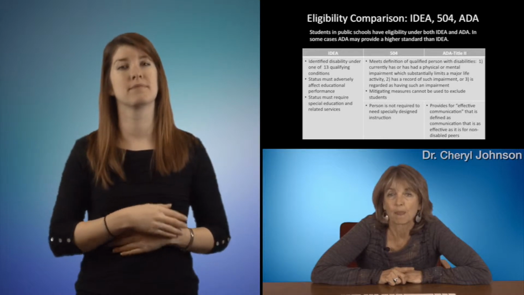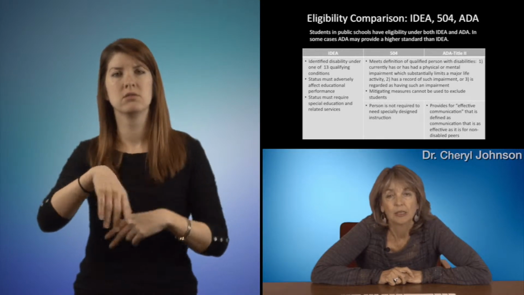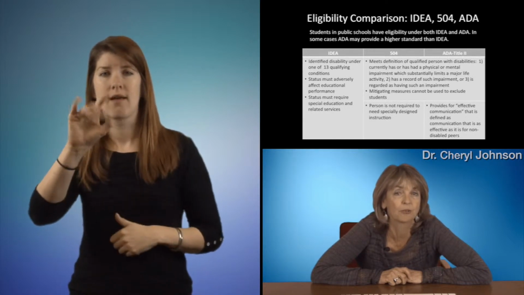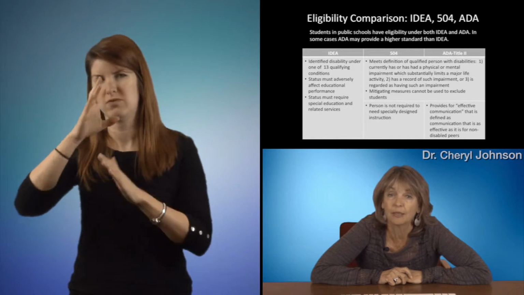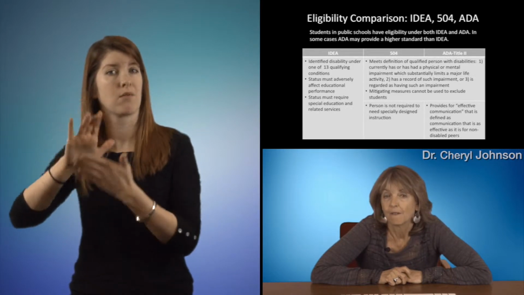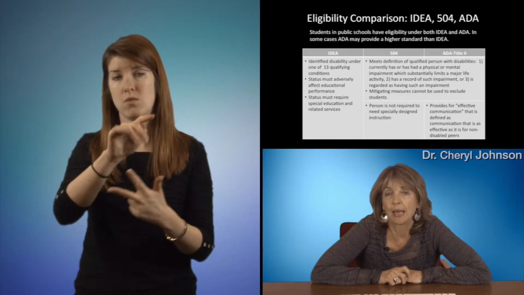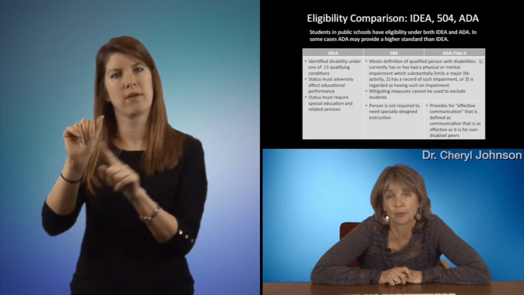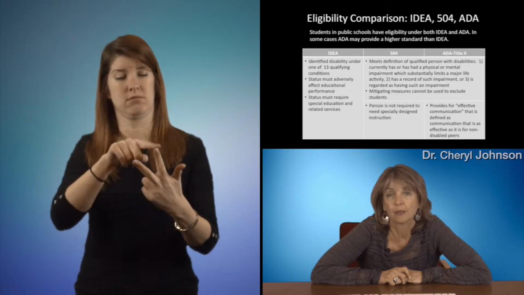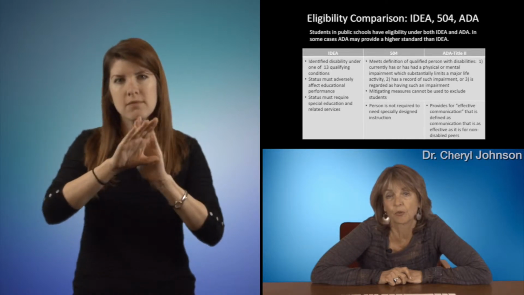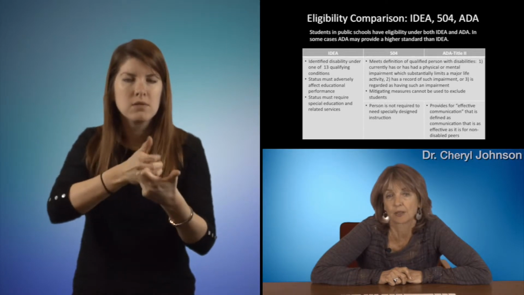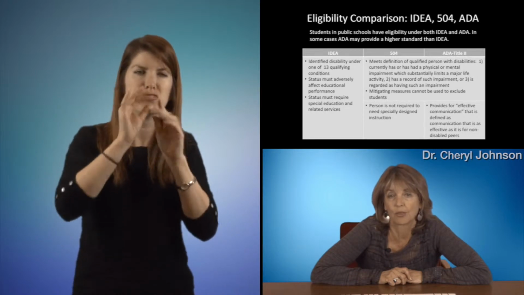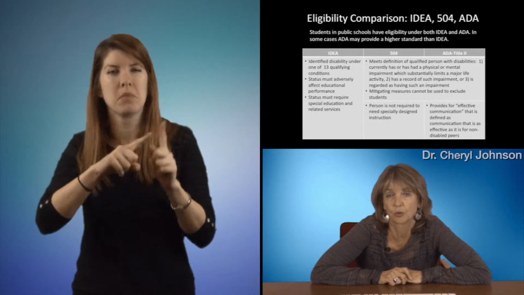Somewhat different now are 504 and ADA. Here we're talking about the Americans with Disabilities Act, Title II, which specifically focuses on public schools and even public colleges. 504 is a plan under a law that is separate but very similar to the ADA requirements. A 504 plan can be developed for a child to provide accommodations so that they can access their instruction. But there's no specialized instruction that would come with that. They may get some supports, but not specialized instruction.